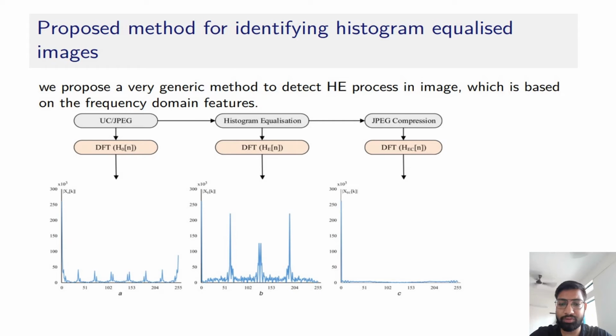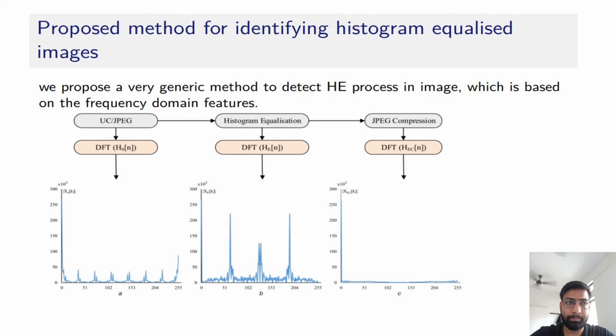the DFT of a histogram. As evident from the figure, the histogram of an unequalized image is likely to have a random envelope, which may have abrupt changes in its shape, and therefore the corresponding plot in which k belongs to 1 to 128 is likely to have larger values, which can be verified in the figure. Since the histogram equalization process is expected to generate an image having an almost uniformly distributed histogram, the values of the plot where k belongs to 1 to 128 are likely to be 0. A similar observation can be made for an image which is JPEG compressed after histogram equalization. This is because when an equalized image is JPEG compressed, it results in redistribution of pixel intensities in its histogram. However, the overall contour of the histogram will remain almost the same